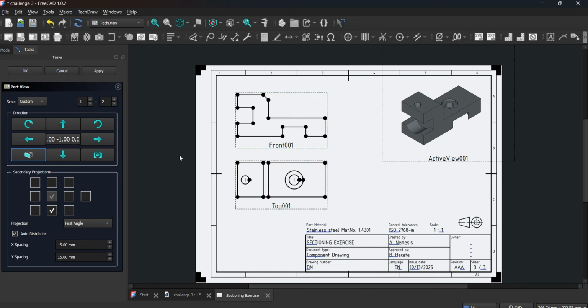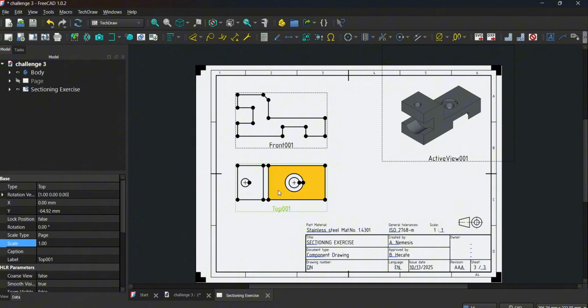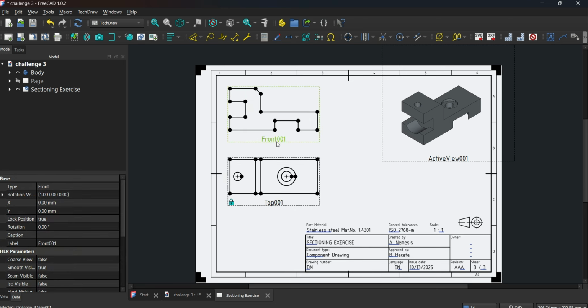All right, now let's click OK because we're done. Notice that there is a specific distance from front to top because we set that up a while ago. Manually, we can move it there, but if we click anything here, it will go back to its correct position. For it not to go back to that position, which is very close to the front view, you can click lock. That way you cannot move it from top to the side, but you can still move it if you move the front, because it follows this one.